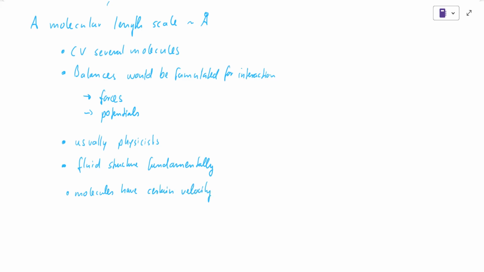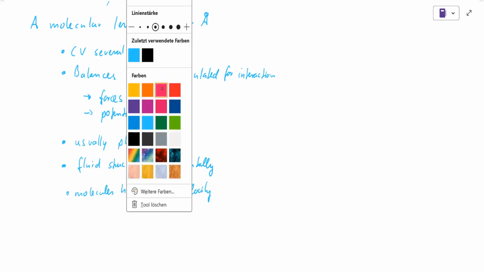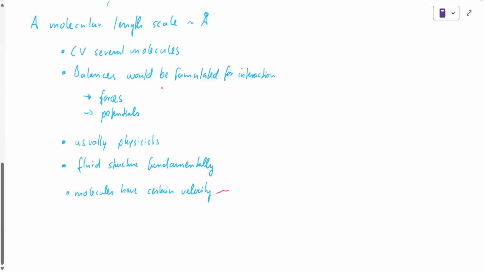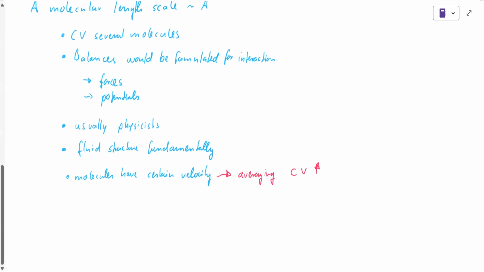And if we use this velocity and average it, so we are using an averaging process, that would mean, of course, that we have to choose a control volume that is somewhat greater than this one for the molecular length scale. Then, by the averaging process, we get the properties for the temperature, the pressure, the mean velocity, so the macroscopic velocity